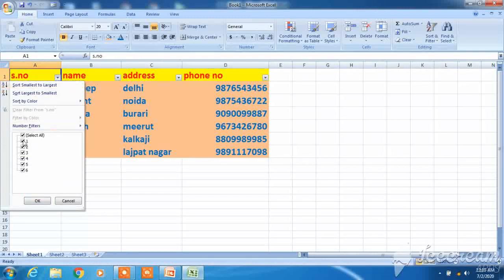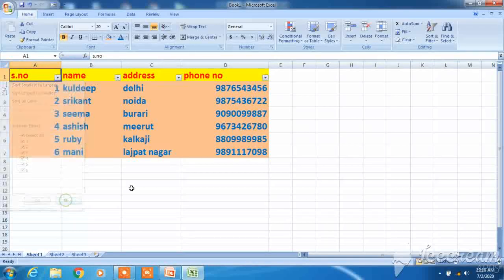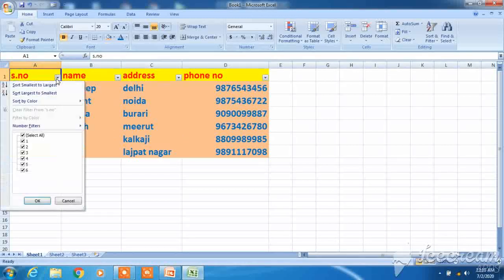Select on this whatever number you don't want. Before that, have a proper look at this. Everything is in proper order. Now I will show you what the output is after filtering. Suppose I deselect 1, 3 and 6. These will not come.